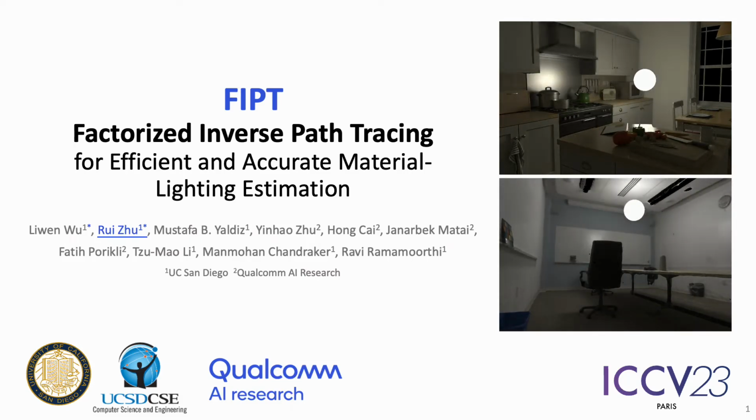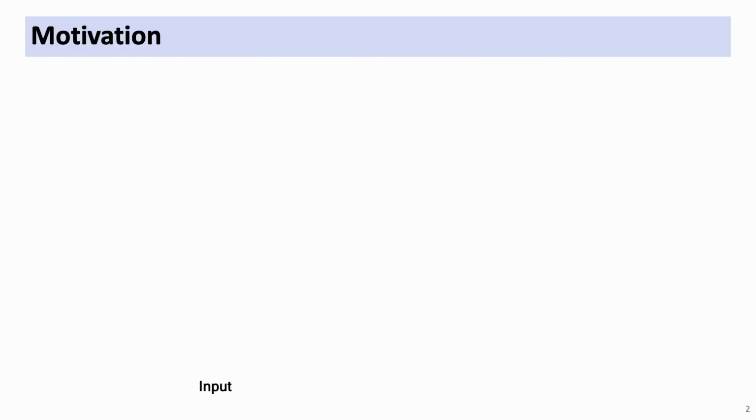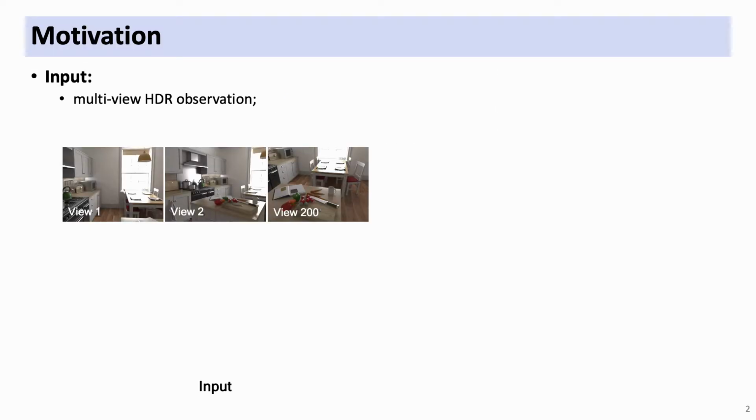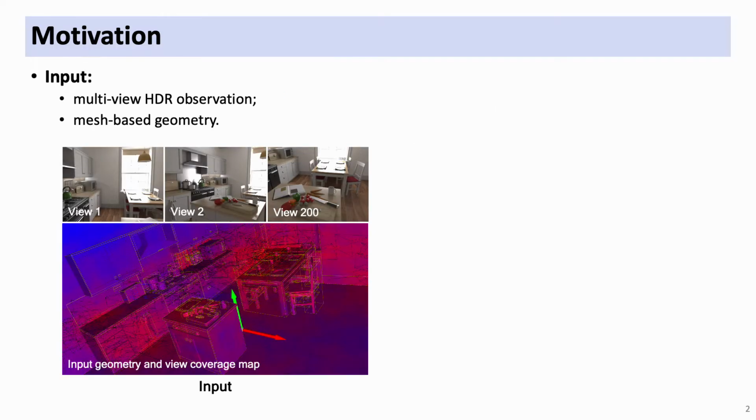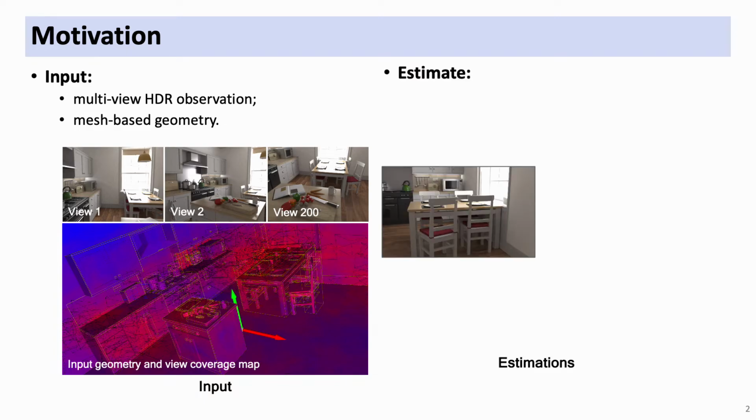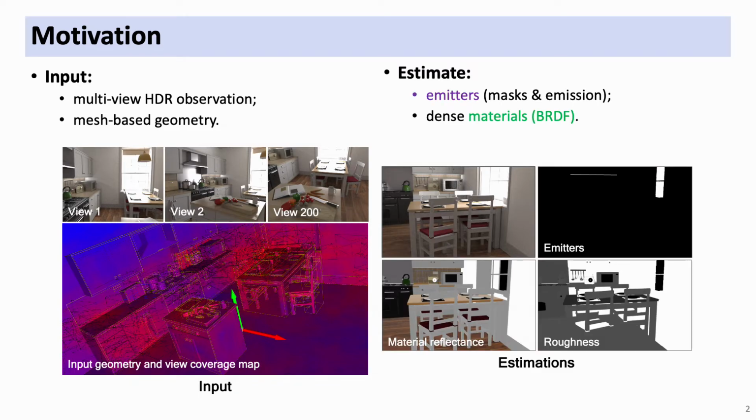I'm presenting our work, Factorized Inverse Path Tracing, FIPT for short, for estimating dense lighting and materials of indoor scenes. The input is multi-view HDR observations of an indoor scene and mesh-based geometry. For each location of the 3D scene, with an example of this view, we seek to estimate emitters and material